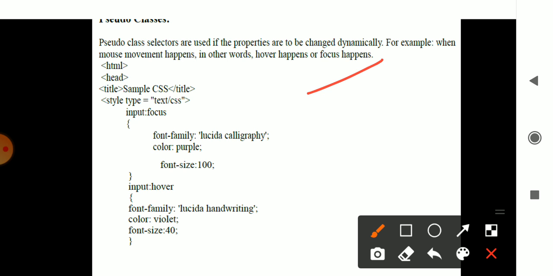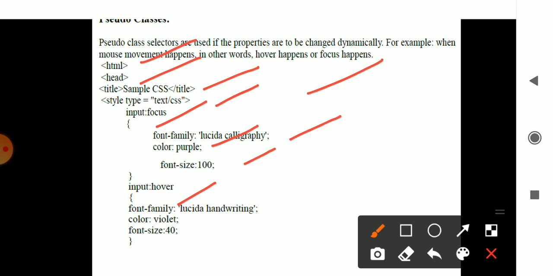So here an example is considered. You have HTML, head, title, sample CSS and style, of type text/CSS. It has two parts, both with input type. The first one is focus, which uses the font family Lucida Calligraphy, color purple and font size 100.